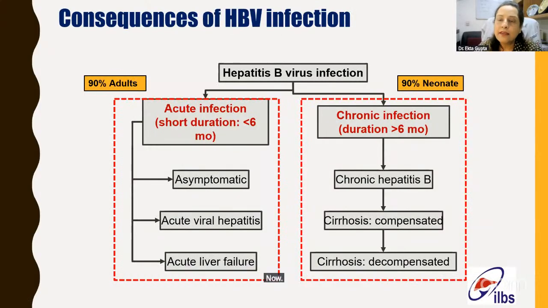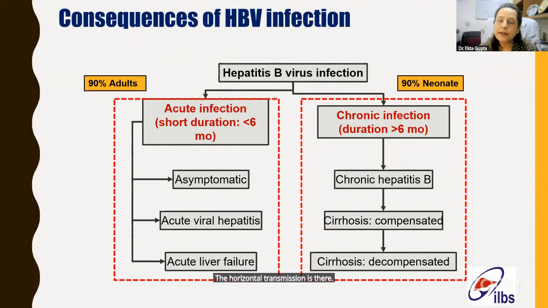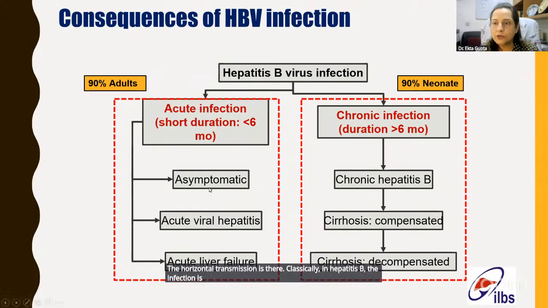Now, mostly the infection is through the parenteral route, meaning it is mostly acquired from mother to child, the vertical transmission, or through blood and body fluids, the horizontal transmission. Classically in hepatitis B, the infection is from mother to child. If a neonate acquires the infection at the time of birth, there is a 90% chance that it will end up as a chronic infection, meaning the body is not able to clear the virus